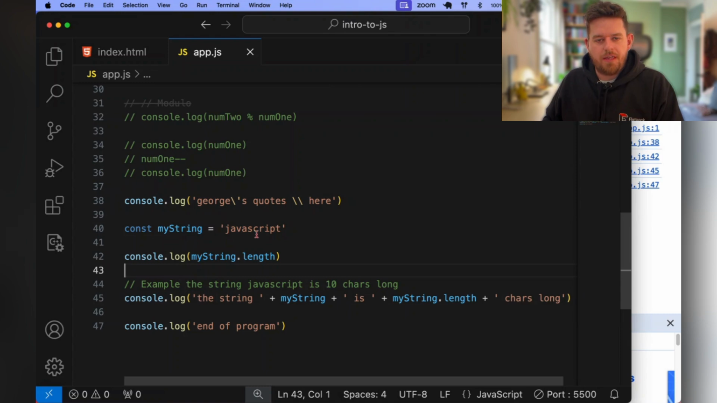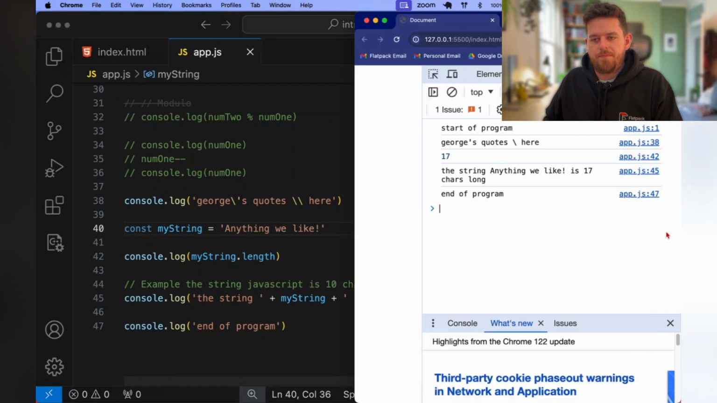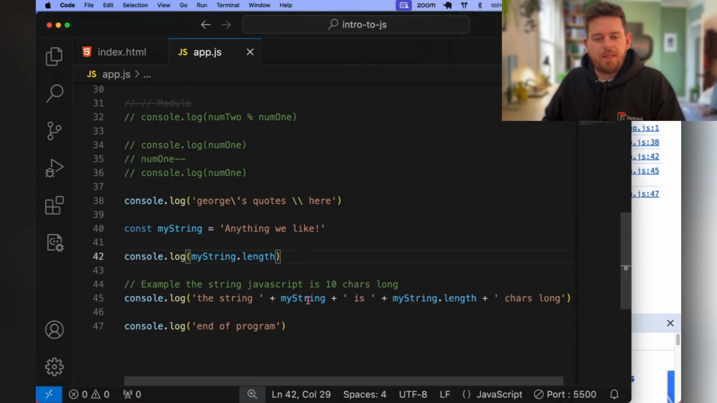Great. Let's try that with anything that we like. Save that. Fantastic. The string anything we like is 17 chars long. Brilliant. So you see, one of the powers of using variables in strings is that when things change, the rest of your code updates, if you like. It works with anything that you give it. Obviously, there are edge cases where it may not work exactly as you expect, but for now,